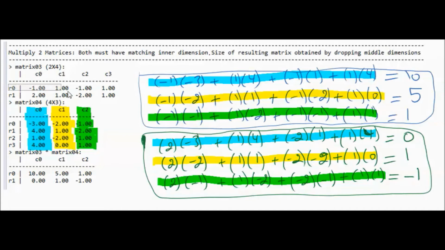And same thing, row 0 times column 2, this would give us 1,